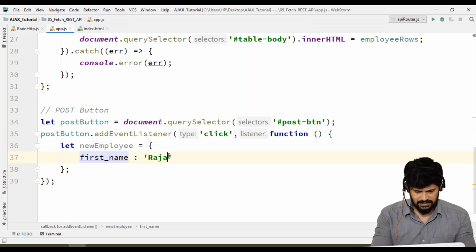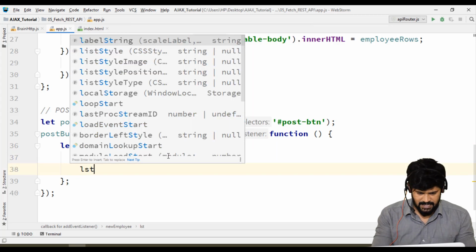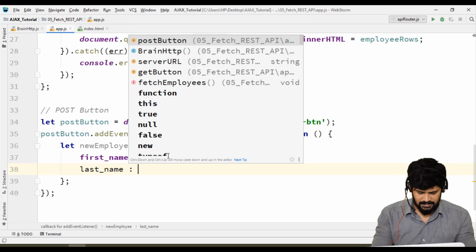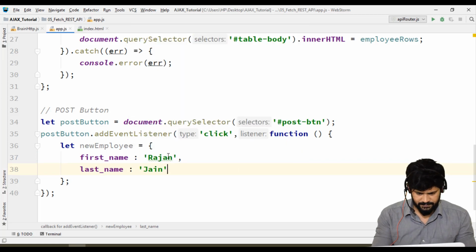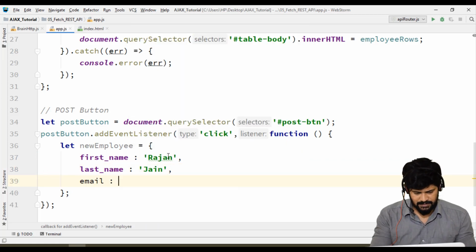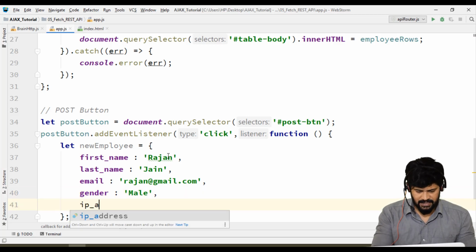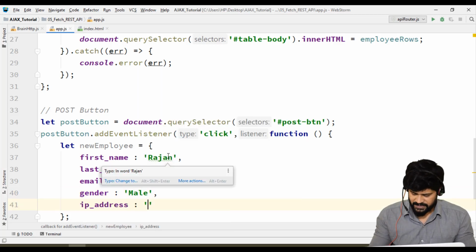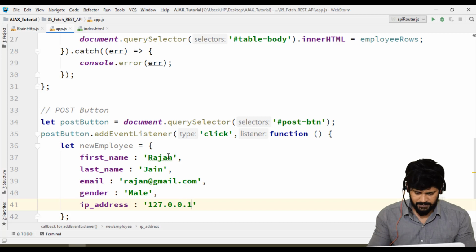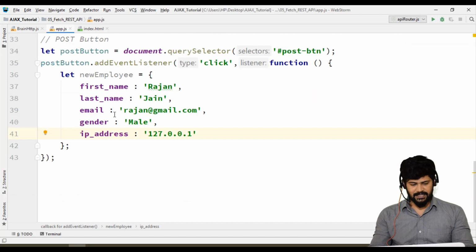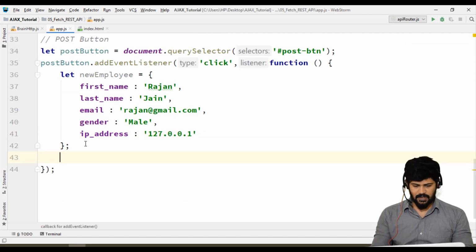First name is Rajan and last name is Jain, and email is going to be rajan@gmail.com, and gender is going to be male, and IP address is going to be 127.0.0.1. Okay, we have made an employee, but we need to have a URL.